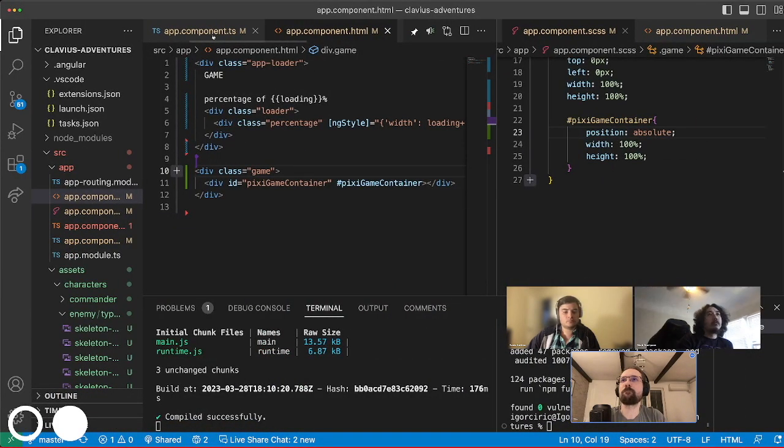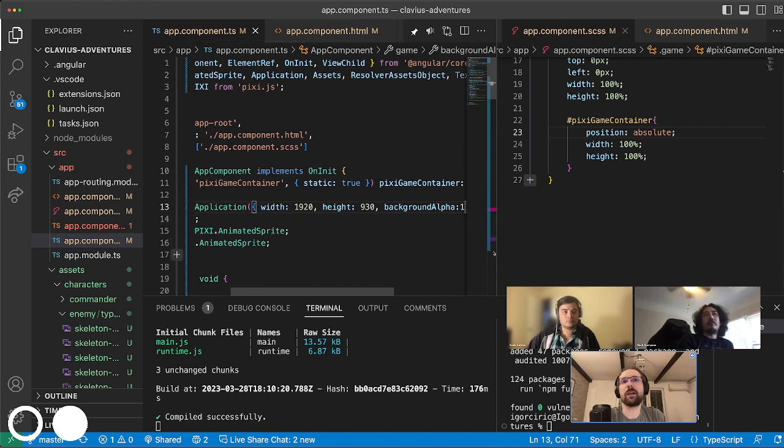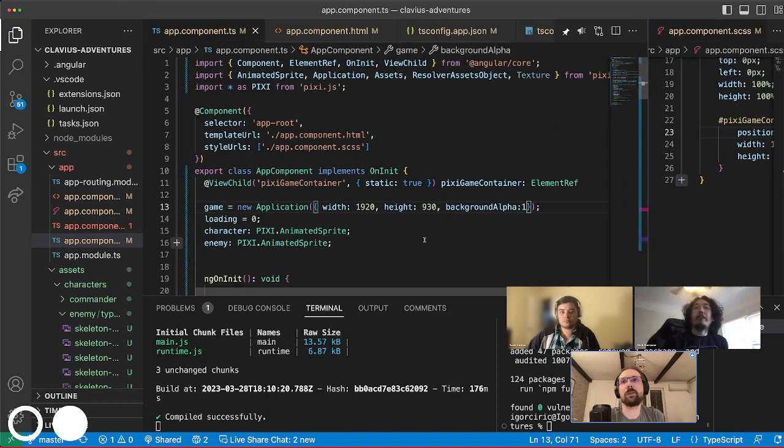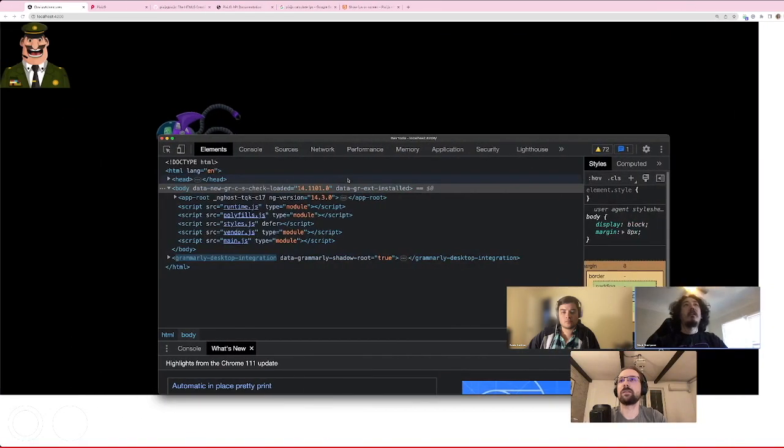And actually, Mark, do you have an idea about setting the static to be true for ViewChild? Why is that? I can't remember why I found out that is a good solution. We can go with a different approach, but I think that actually helps. I don't know what exactly it helps with, but by making it static, Pixi game